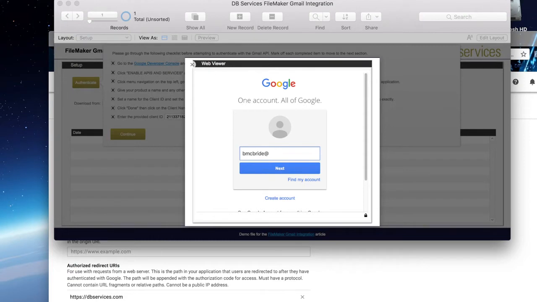In fact, most likely when you go live with this sort of thing and put it into production, it's not going to be the same. This portion is just the end user saying that they are okay with whatever app you're using, in this case FileMaker, being able to access their emails and make changes and whatnot. So we'll log into here.